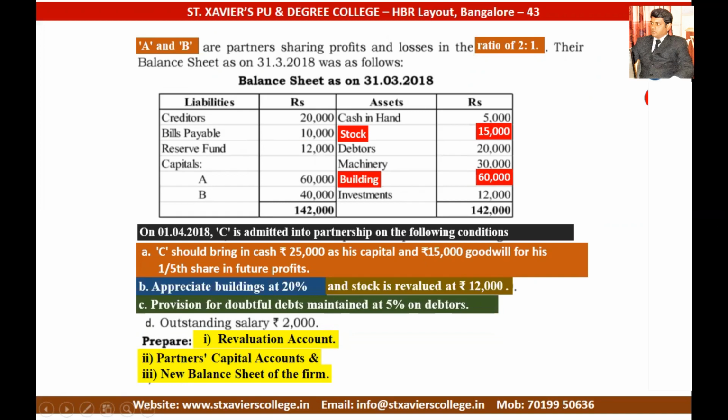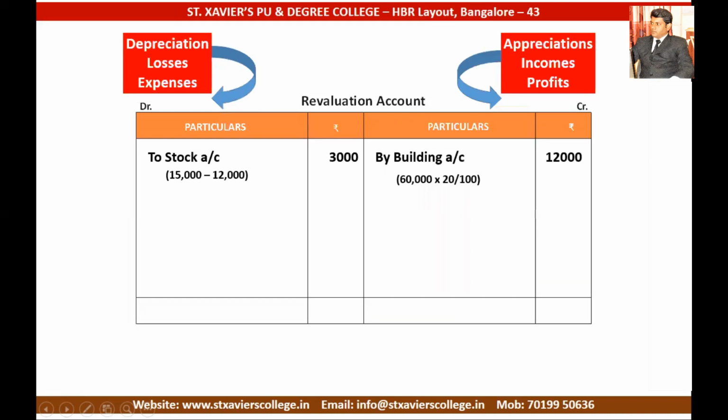Now let us see the question balance sheet. Let us know the value of debtors. See here, debtors, it is 20,000. What is the percentage of doubtful debtors? It is 5%. Again, doubtful customers are always a loss, who may not pay whatever dues they have. So any loss should be taken under revaluation account. Take to debtors account. The value of debtors is 20,000. 5% on debtors is 1,000 rupees. So I hope you understood this.